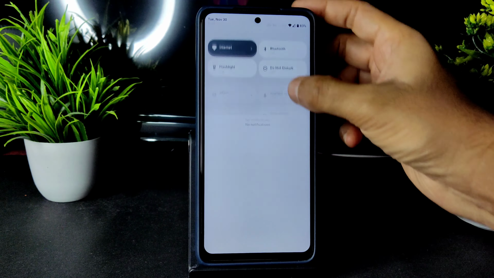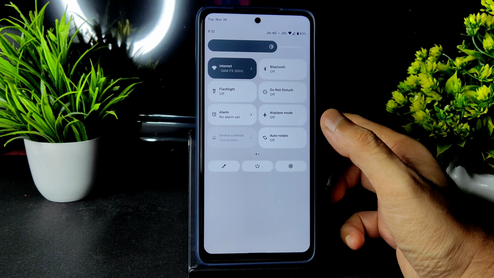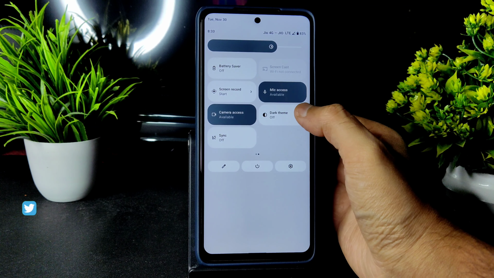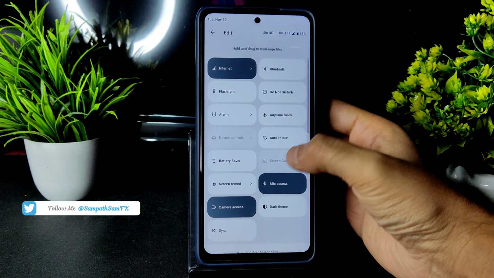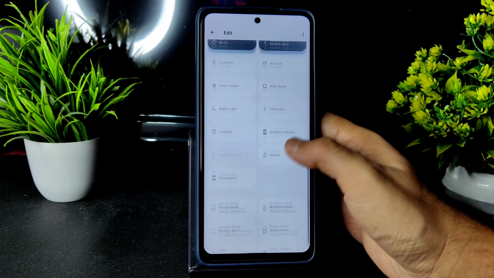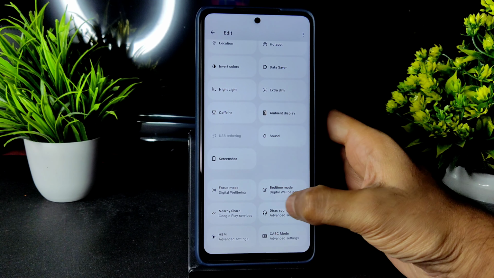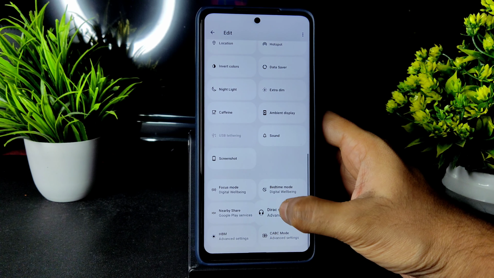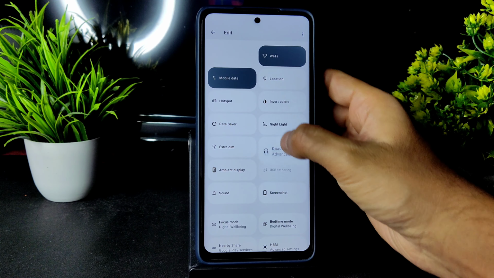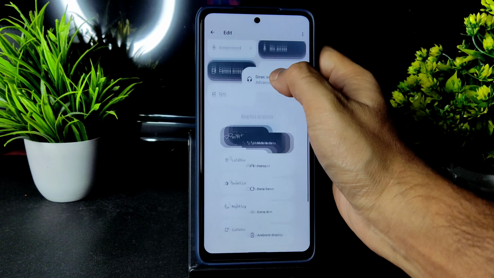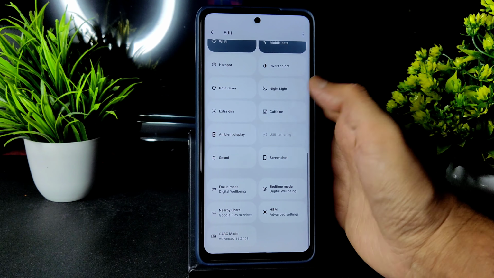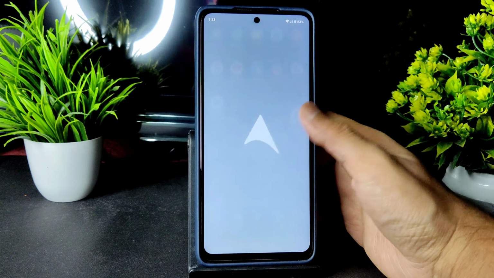And let's go into the quick settings panel. As you can see, this is how the quick settings panel looks. All the basic features are given. Dark mode is also given. You can enable some of the options given here. For example, screenshot you can drag, and these are the options you get. Advanced mode, direct sound also. Let me drag and see. Need to drag like this. Location I will drag, and there is a screenshot you can drag. That's how the quick settings panel is.